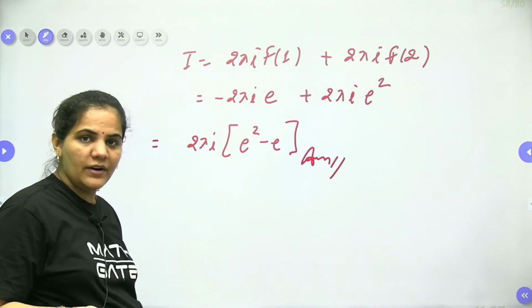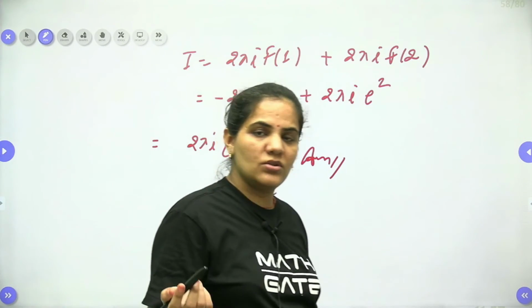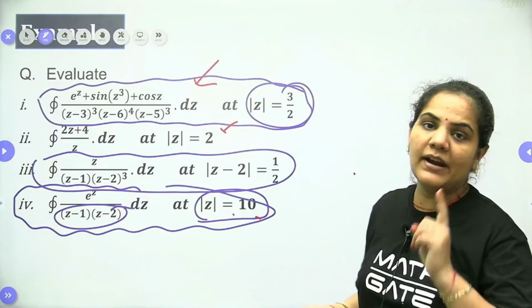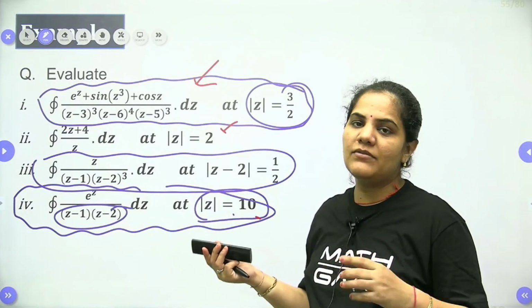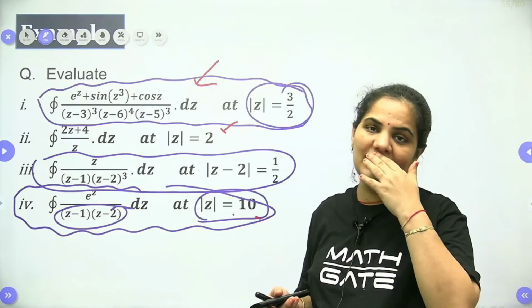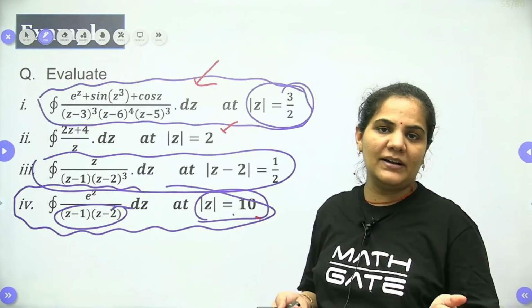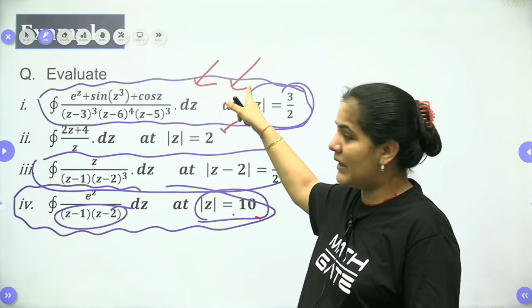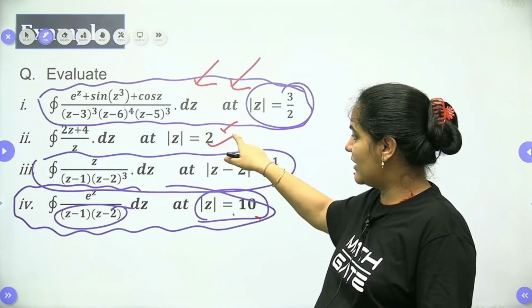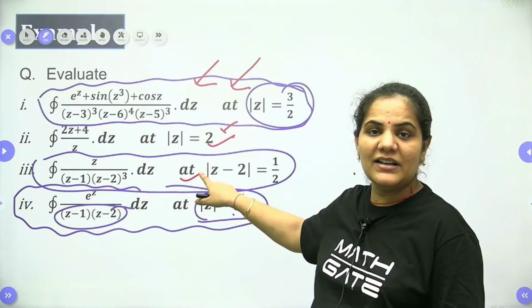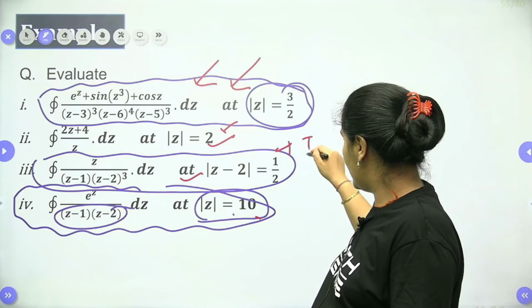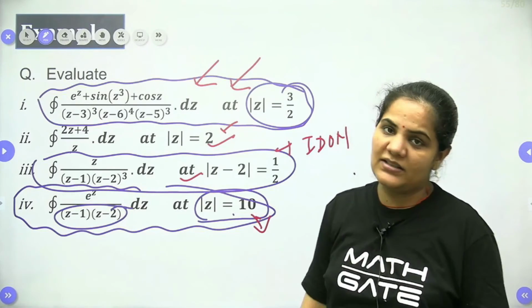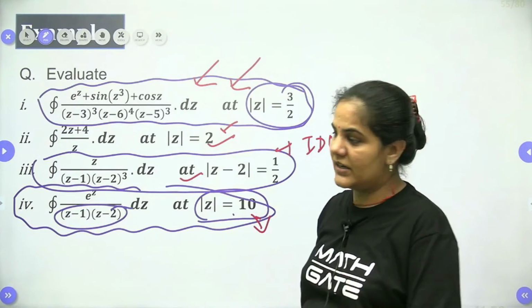Now we can choose according to the option and approach the answer. Clear, guys? So here we discussed each and every variety of question. Now after that we will have a discussion on the mixed question. Mixed question means there will be different pattern questions or repeated patterns also. So the first pattern was none of the poles inside the closed curve. When one is inside and the second is outside, then we use the ID on technique, right? And the third is both inside.